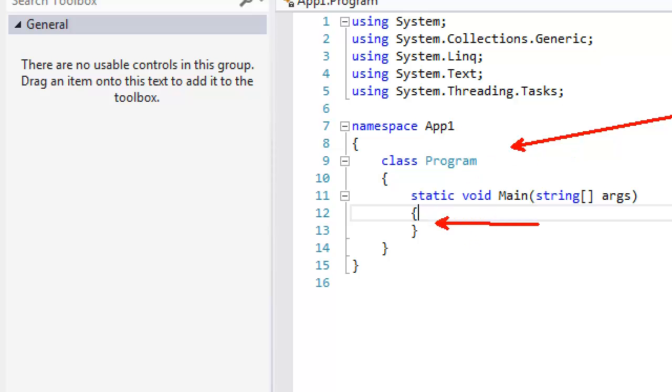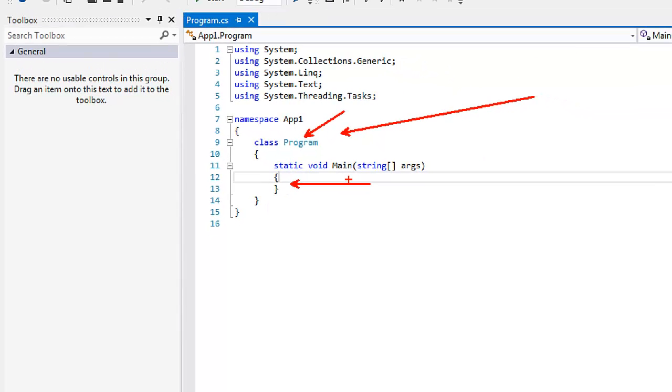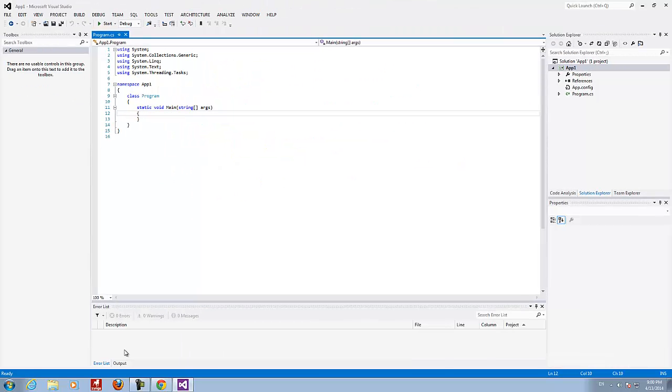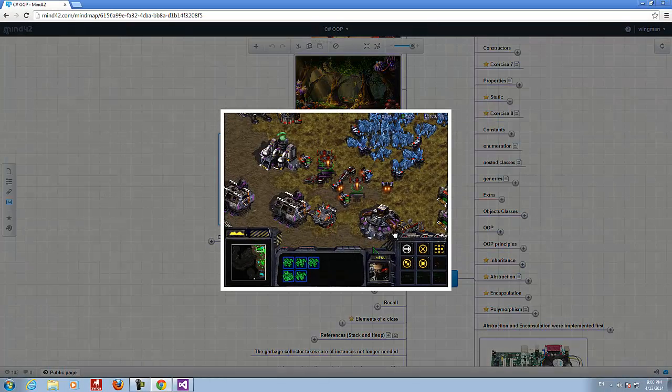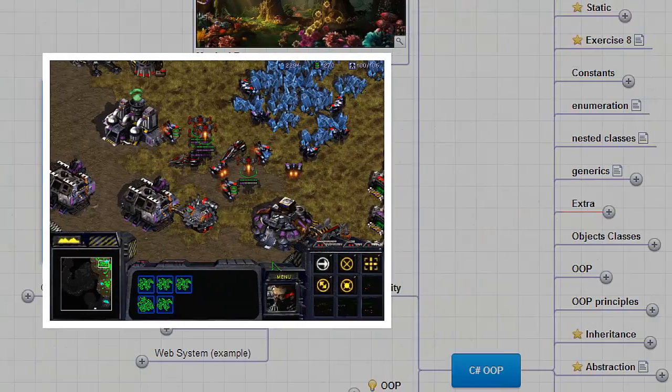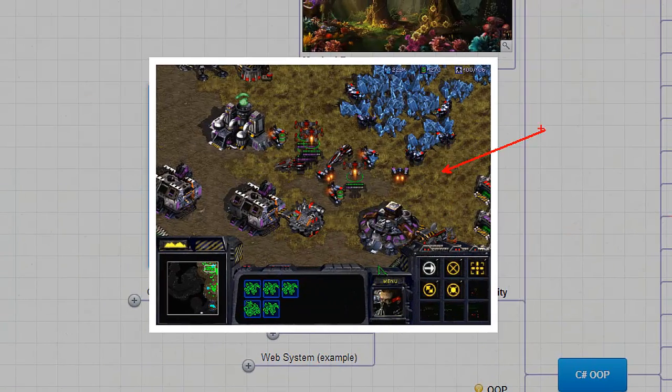Okay, so we are sitting right now in front of our main function in our first program, and now we can go two different directions. One of them is to just think about the code. Think about how with code we can create such a virtual world. It's going to be very difficult, huh? If you try to think in code with if, else, conditional logic, with loops, how we're going to create such a world, I think it's going to be very, very difficult.